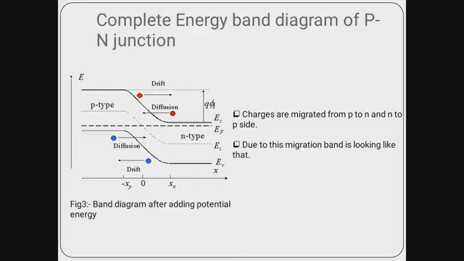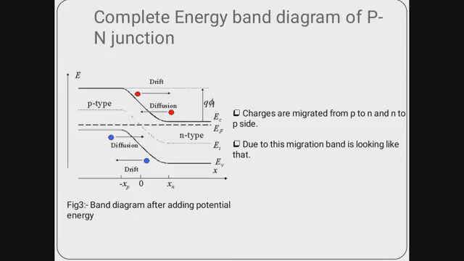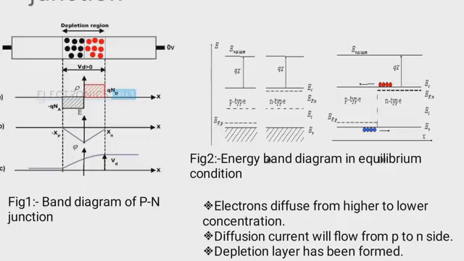This is the complete energy band diagram of PN junctions. Why is it called the complete energy band diagram? In this slide we have seen that after making contact we get this kind of energy band diagram. Now we know that the